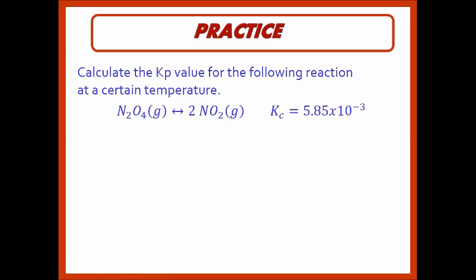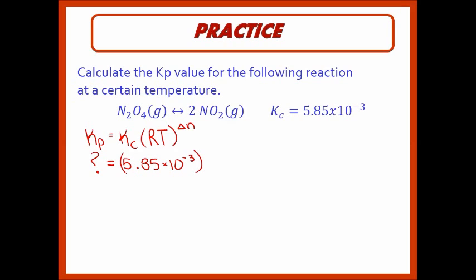So if we use our expression, Kp is equal to Kc times RT raised to the delta N, we're going to be solving for this Kp value. We're given our Kc to be 5.85 times 10 to the negative third. Our R value is a constant,